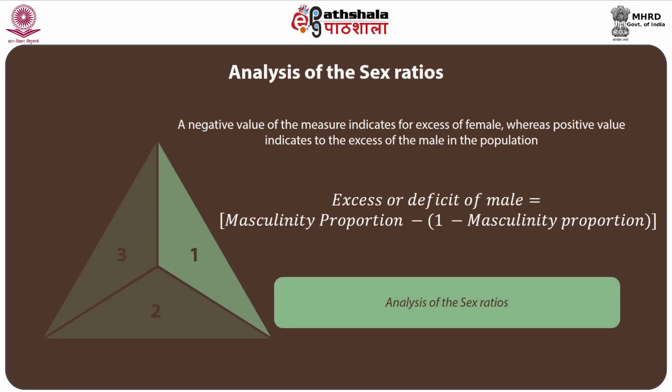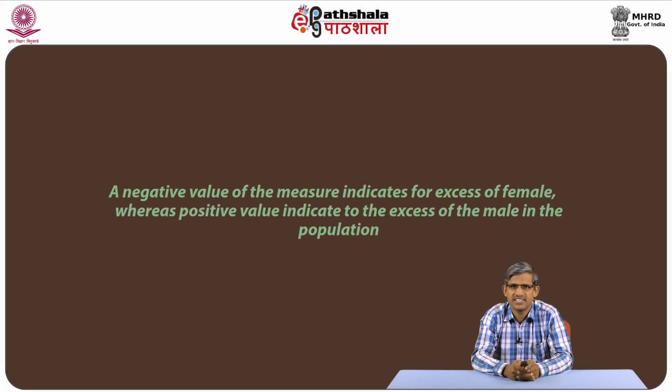The third very important measure of sex composition is the excess of males as a percentage of the total population, given as excess or deficit of males equals masculinity proportion minus (1 minus masculinity proportion). A negative value of the measure indicates an excess of females, whereas a positive value indicates an excess of males